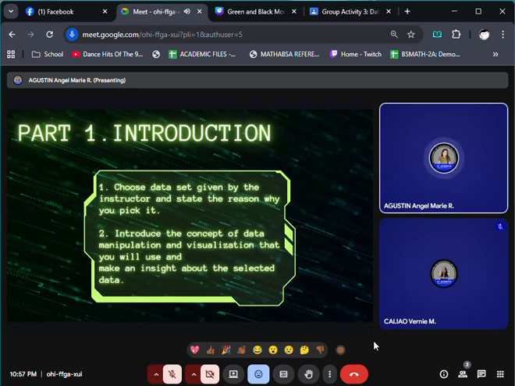So we use two important R packages, which are dplyr and ggplot. The dplyr package is used for data manipulation. It allows us to clean, organize, and summarize data easily. On the other hand, ggplot is used for data visualization. It helps us present data in a more understandable and visually appealing way. And we use several visualization functions. Part 2 will be discussed by Miss Veronica Liao.